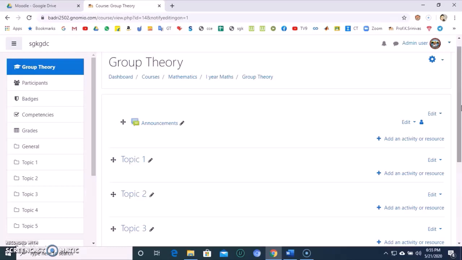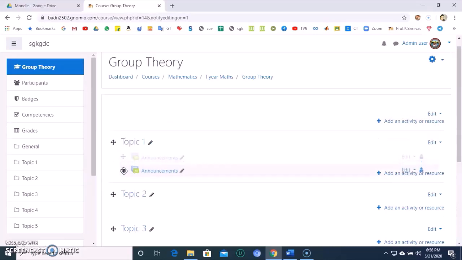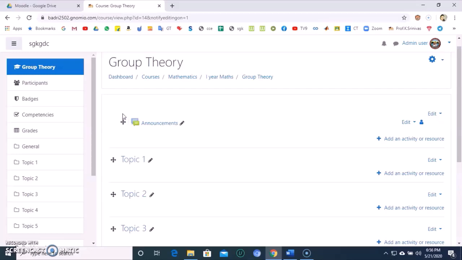Let us add a general announcement. So let us make changes to these announcements. Before going to edit this, you see that there is a 4-sided arrow, the move resource option here. If you click on that and drag, you can move up and down. If you want announcements to be in the first topic, you can move that, or you can move up. I'll keep it here only.